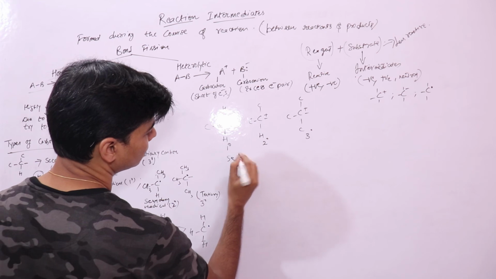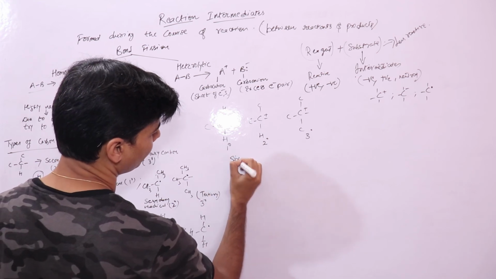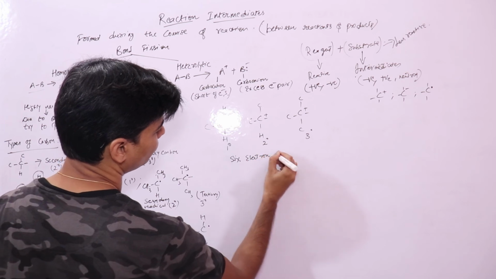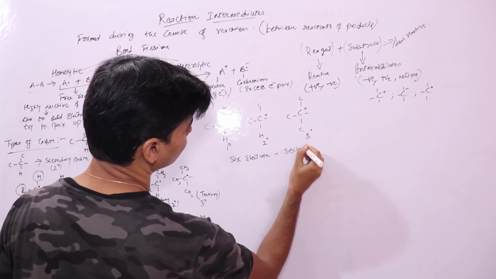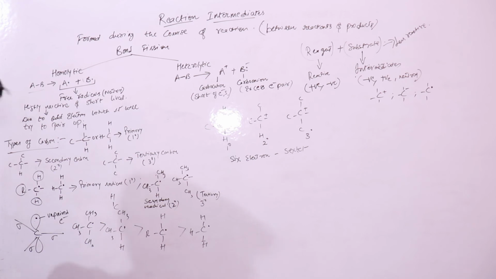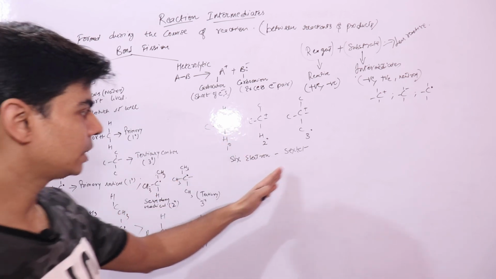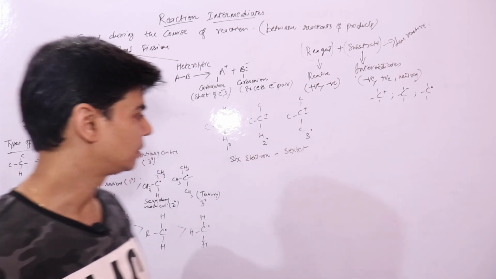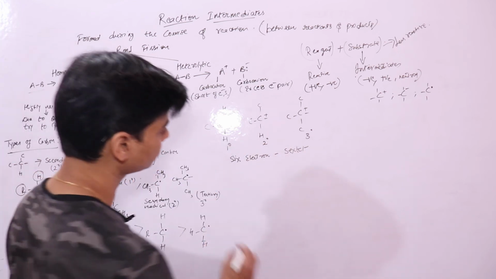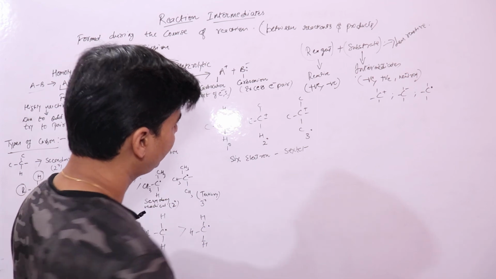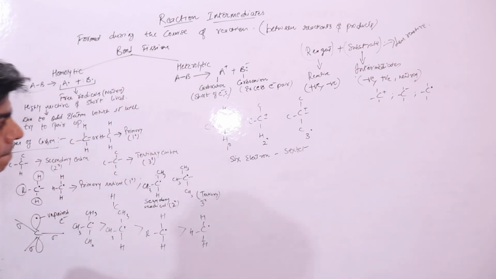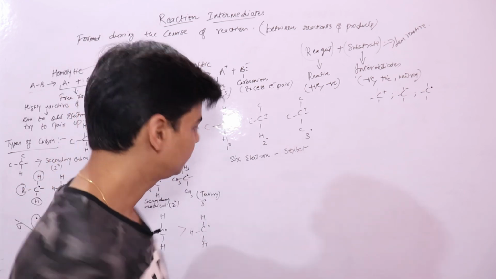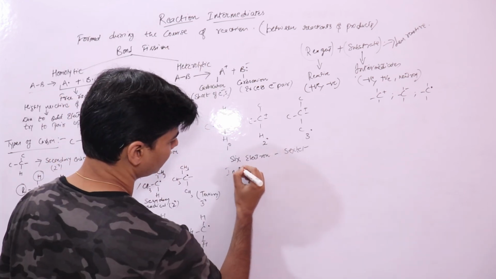So it has 6 electrons, right, which we also call a sextet of electrons. It has only 6 electrons. So this is highly reactive because it will try to complete 8 electrons in its outermost shell, right, by accepting 2 electrons, right? And if we talk about its stability, we'll explain its stability based on inductive effect, right? And as per inductive effect,